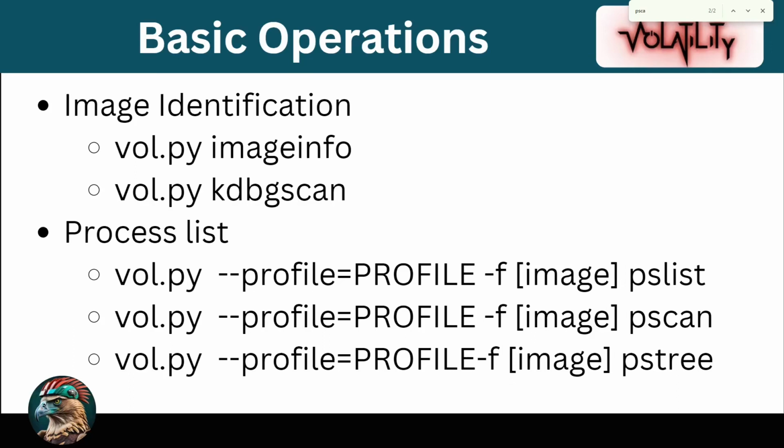So first we need to identify the image, or some data and information in relation to the memory samples that we have captured. The plugin imageinfo is helpful in that regard. Imageinfo tries to identify or predict for us the operating system of that particular image sample, the service pack, and also some of the hardware architecture. This plugin is able as well to predict and guess what type of profiles we should be using. As you can see here, kdbgscan